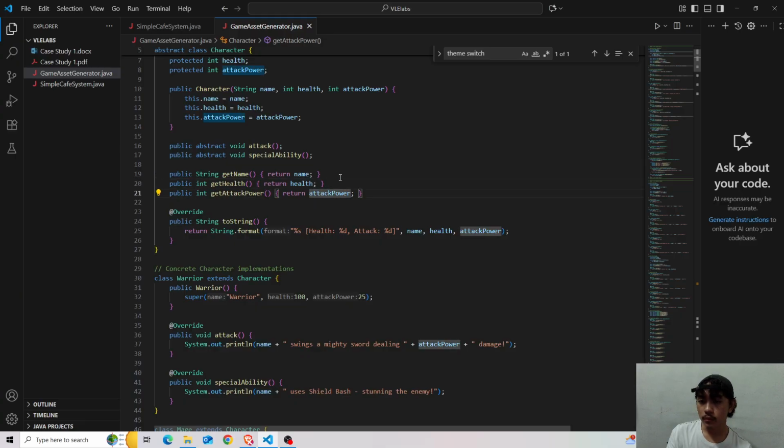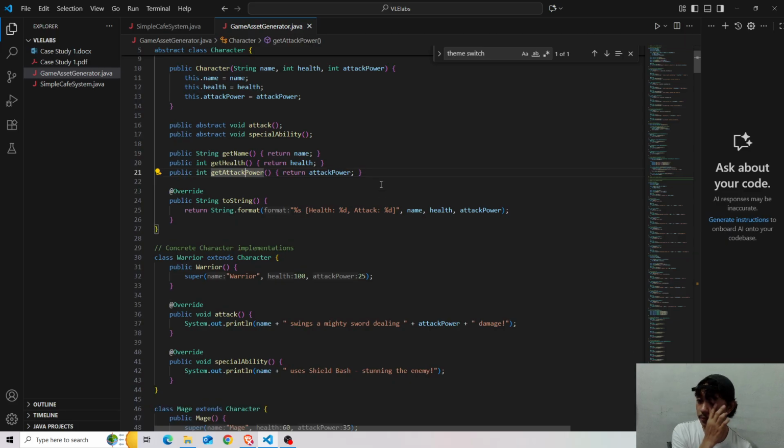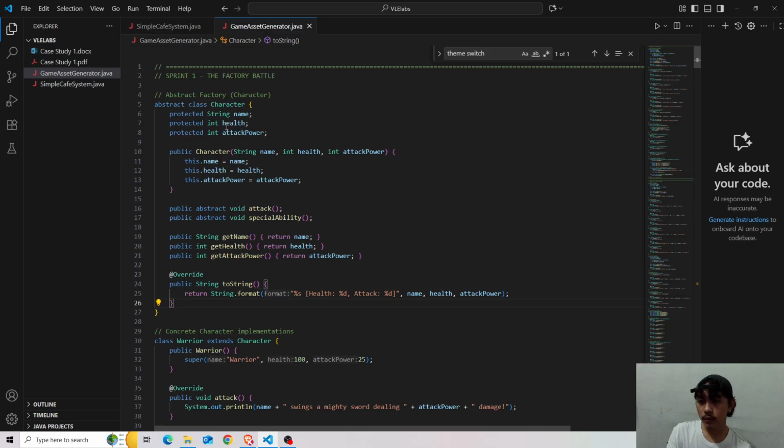So we must get the name, the health, and then the attack power. So we'll be returning those values, right?